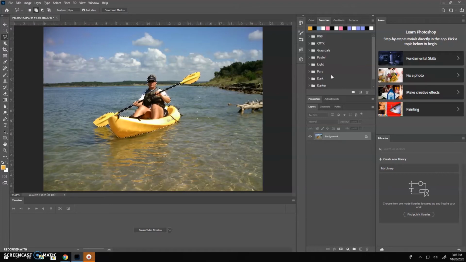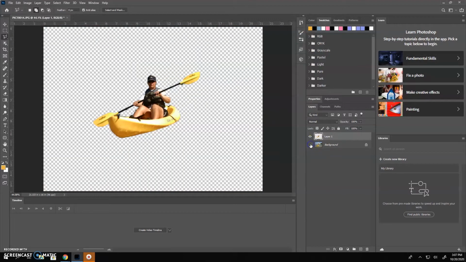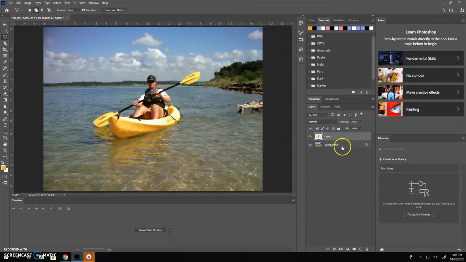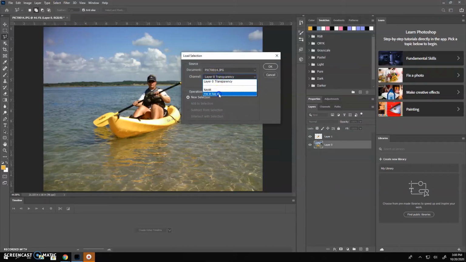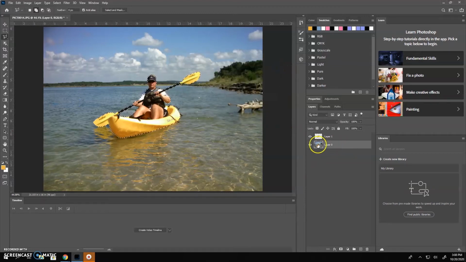With it selected, I'm going to go ahead and hit Control J to put this on a new layer. Okay, and if you look at it, you can see it. There it is. And of course, guess what happened? Yes, lost my selection. So I am going to go back and load my selection. Me in kayak, click OK, there I am. And I'm going to hide that new layer I made, and I'm going to go back to the original, and